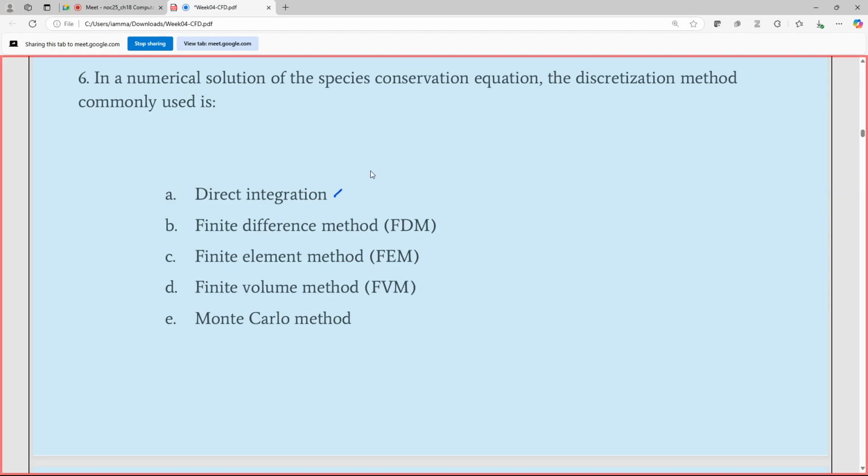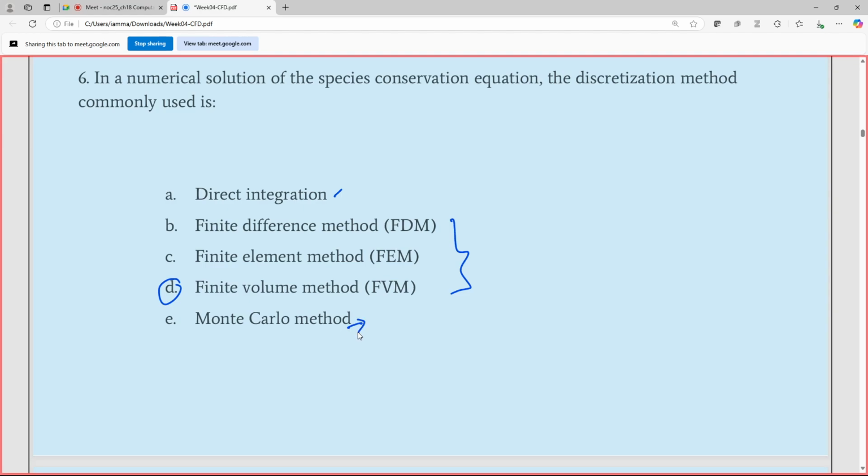Direct integration is a way of combining equations, not a discretizing method. And among the discretizing methods, these three are the commonly followed discretization methods, and among them, finite volume method or FVM, that is option D, is commonly used for solving species conservation equation. And Monte Carlo method is